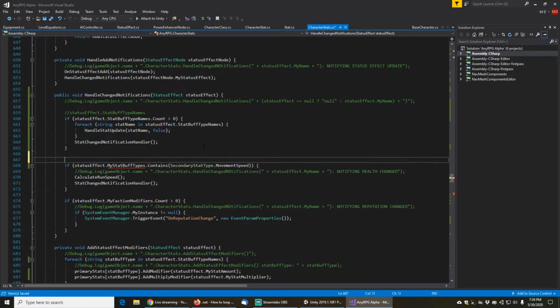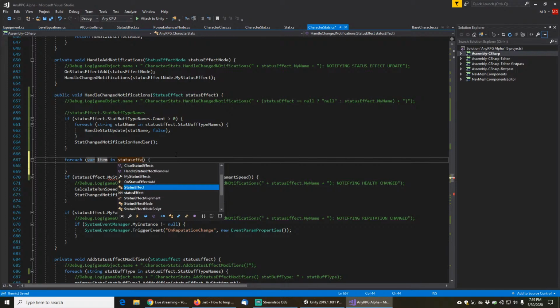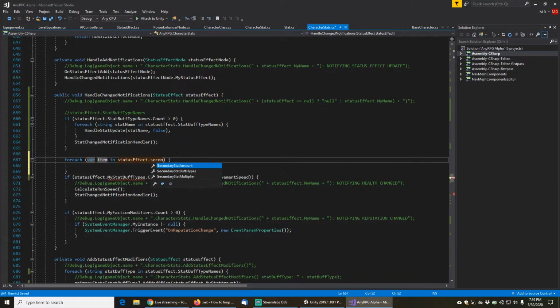Here, I think we need to do a for each loop, and we need to be looping through the status effect's secondary stat buff types, which will give us secondary stat type. So secondary stat type, secondary stat type,